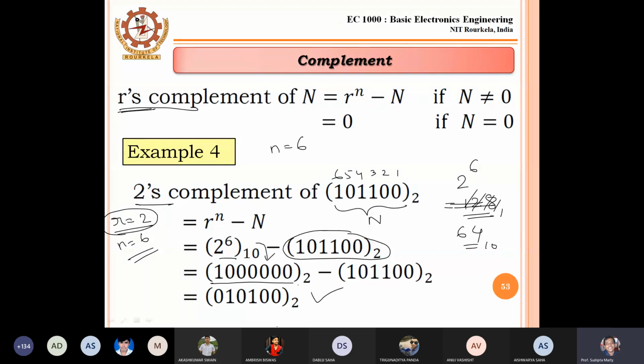Is it clear? Sir, can we convert this binary into decimal? Yes, you can convert. But if the question is to find the 2's complement of this one, and you do not show those steps, your marks will be reduced. We are not talking about performing this minus this; this is the process of how to perform it. When we are finding 2's complement, the answer should be only in base 2, not in decimal.